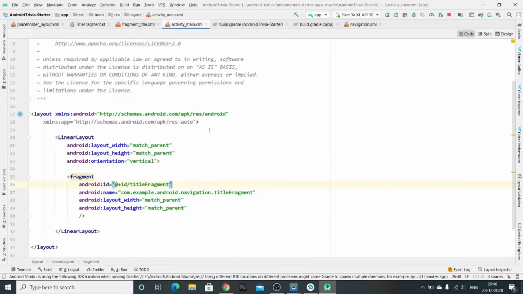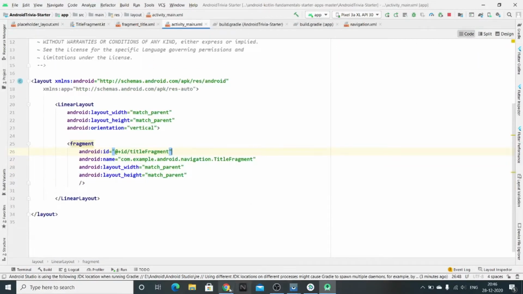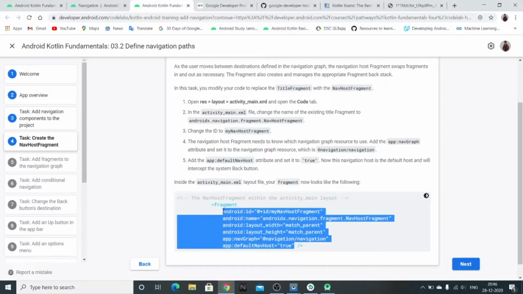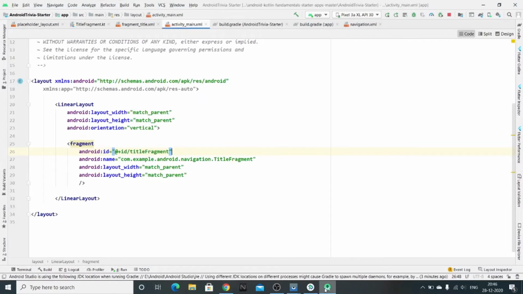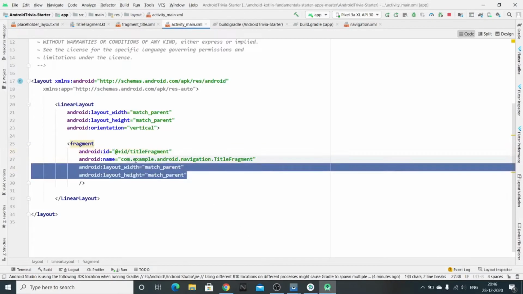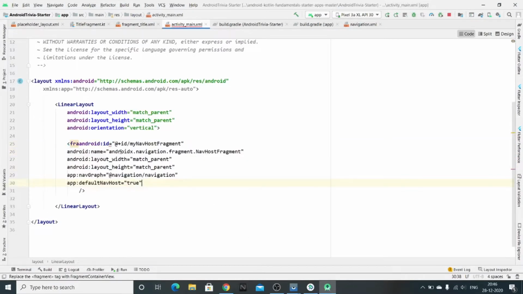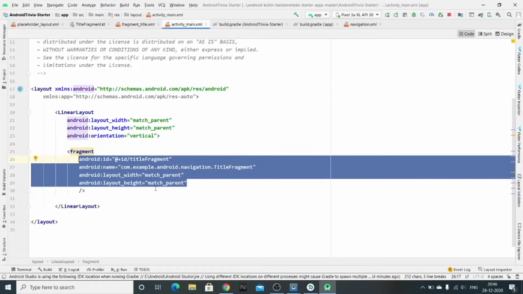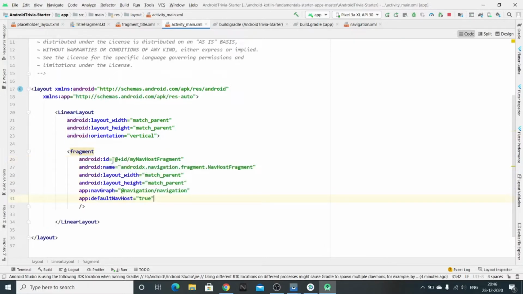It's our activity main. So here, let's see what we have to add. Okay, let's just copy it from here. So here we have changed the ID. We have added a name for this fragment, and then for the nav graph.